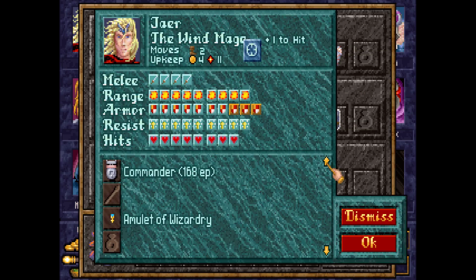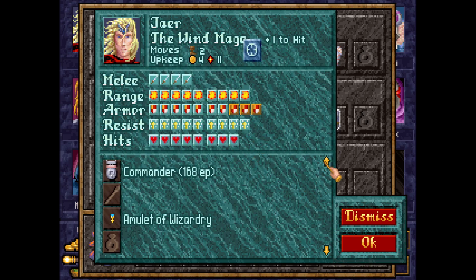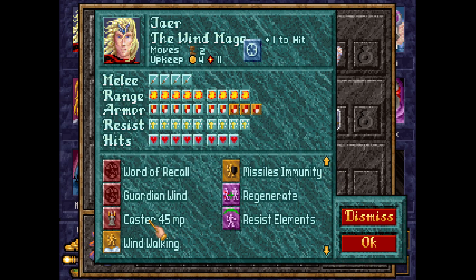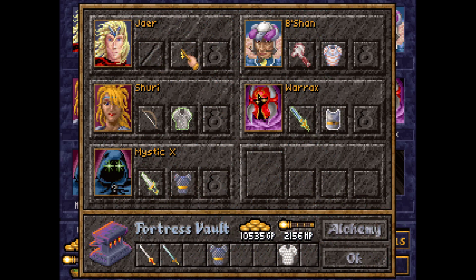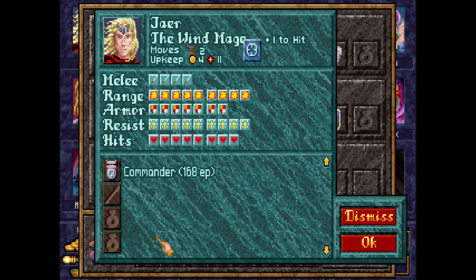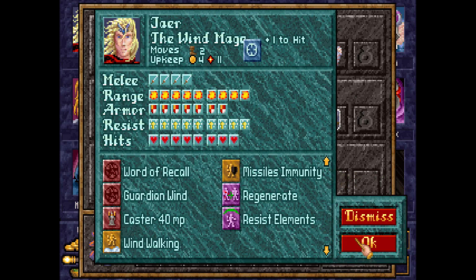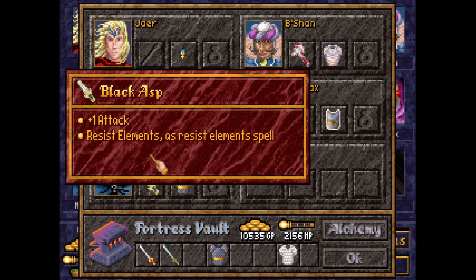So you could use a staff. Whereas right now you have the Amulet of Wizardry, which gives you +5 spell skill. And right now you're 45 as a commander. So actually, if I take this and give it to you instead, now you're a caster for 40. Right, so we definitely want to get you to have that. And that's such an important thing that...